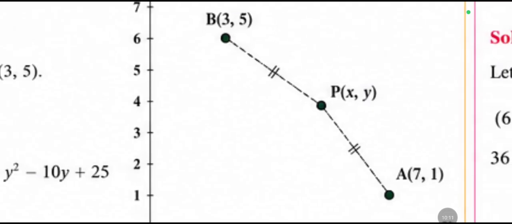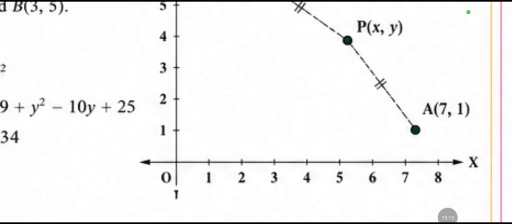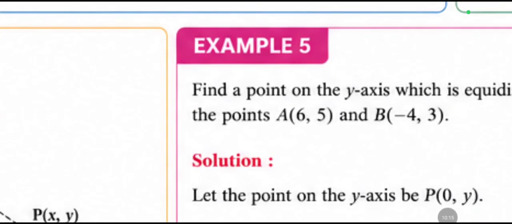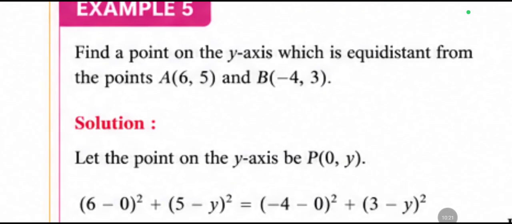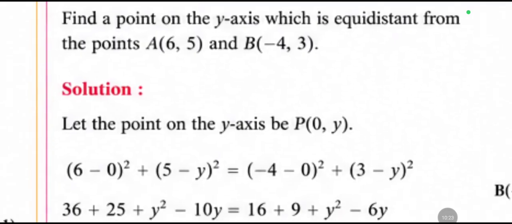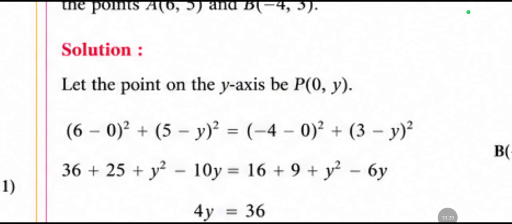Here have a look, children. This is the perpendicular bisector. Okay. Now we conclude with example 5. Find a point on the y-axis which is equidistant from the points A(6, 5) and B(minus 4, 3). Now let us take the point on the y-axis as P(0, y), because